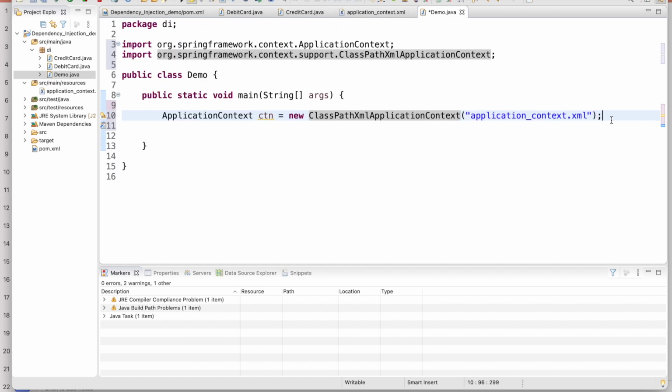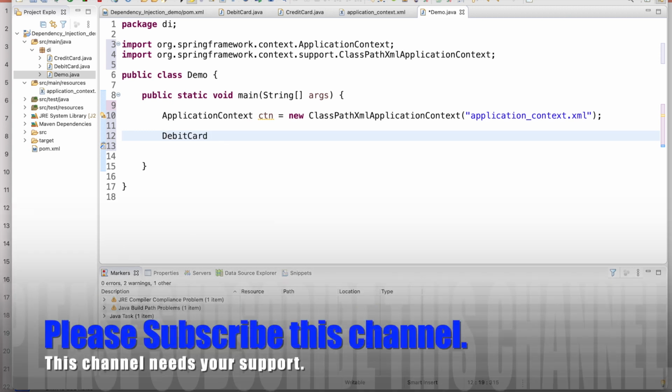And then you just give which object you want to instantiate. I want to instantiate the debit card. So declare the debit card, or you give any name, debit, and no need to use the new keyword.